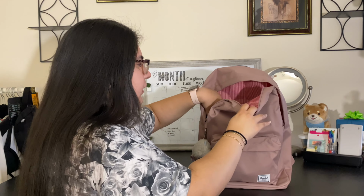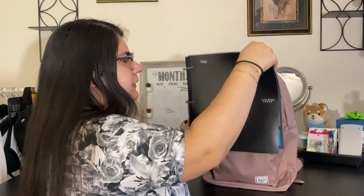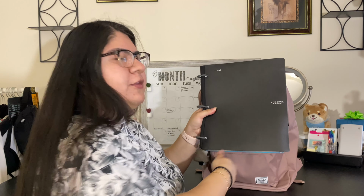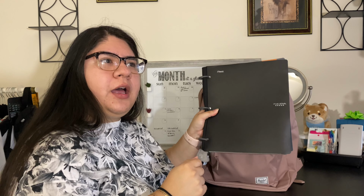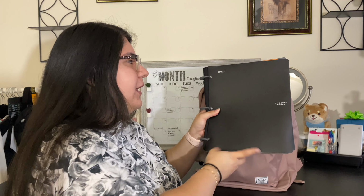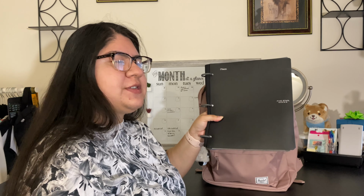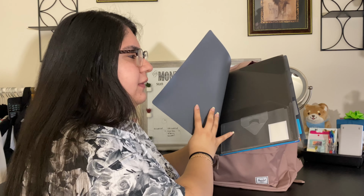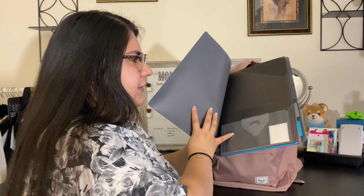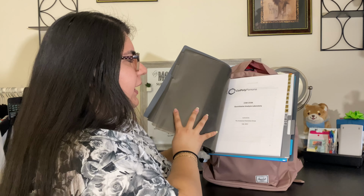Okay, so the next thing we have in here is what other people would have as their spiral binder. I have this thing. It's sort of a binder from 5 Star, and in here I have a bunch of tabs and separators. I put syllabuses and handouts and stuff like that in here. And you can see here I have my old